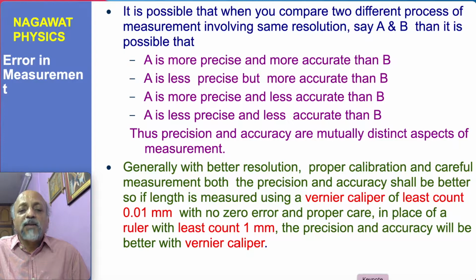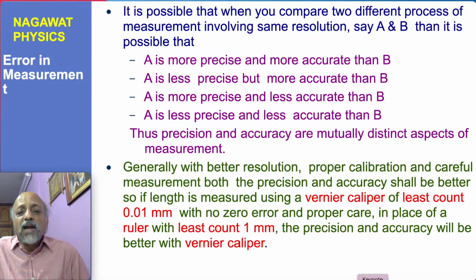Then it is possible that A is more precise and more accurate than B, or A is less precise but more accurate than B, or A is more precise and less accurate than B, or A is less precise and less accurate than B. So all four possibilities are there,